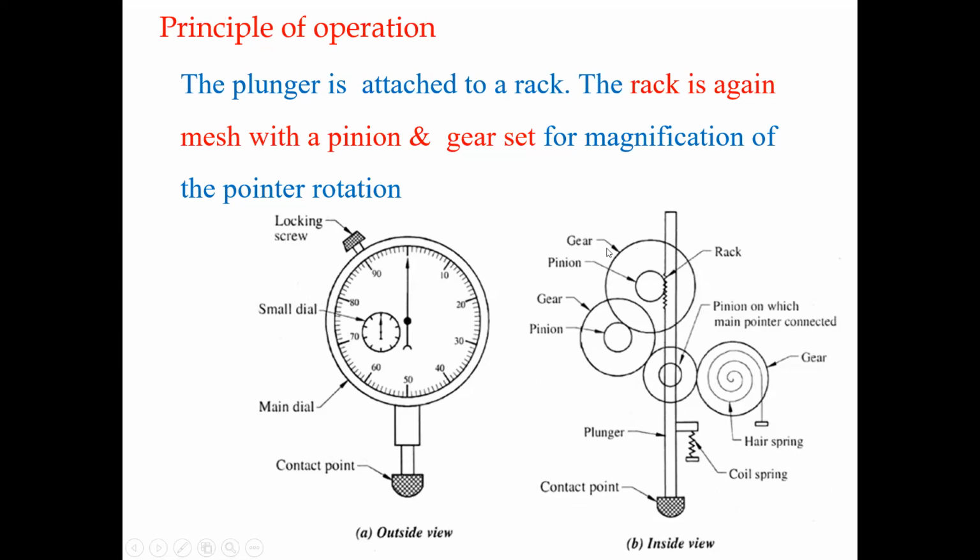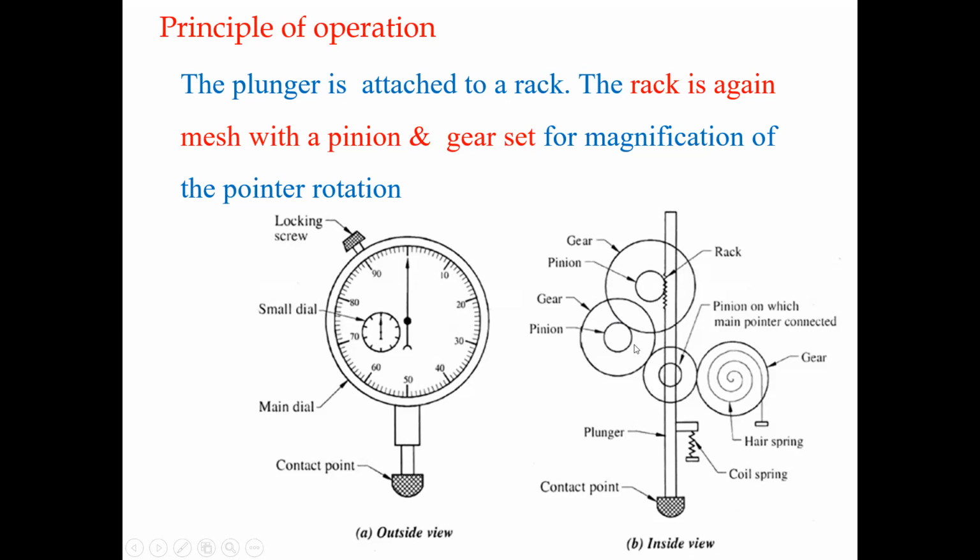Again, this gear is in turn connected with the pinion on another shaft. Because of rotation of this larger gear, it rotates the pinion. The larger gear is rotating in the anti-clockwise direction. Here, this smaller pinion and larger gear are external gears. Therefore, this pinion will rotate in the clockwise direction. When this gear is rotating in the anti-clockwise direction, the pinion which is meshed with the gear rotates in the clockwise direction because of external gears.